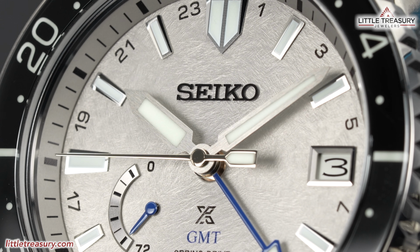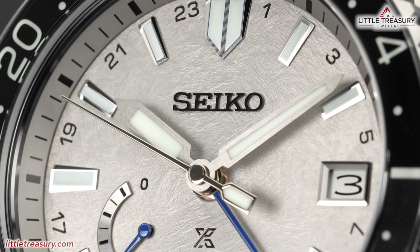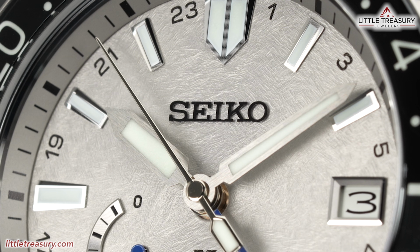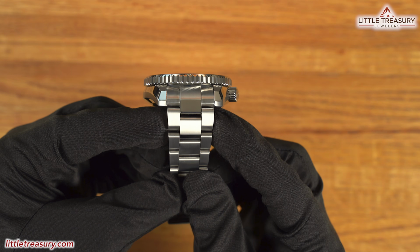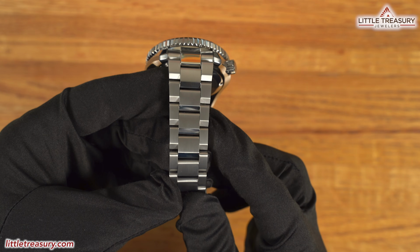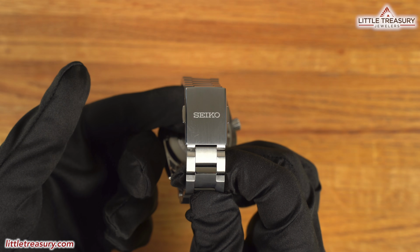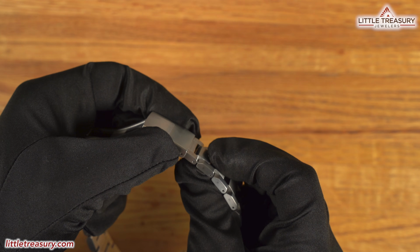The 5R66 has a 72-hour power reserve, a totally smooth sweep thanks to the electromagnetic braking system controlling it, and is accurate to 1 second per day or 15 seconds per month. The bracelet is a completely matte finished 3-link design with Seiko on the buckle. The micro adjust is perfectly integrated into the buckle, provides 2 clicks, and works just by pressing the pushers and